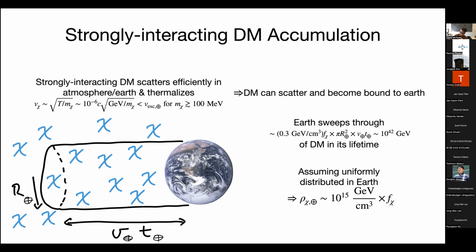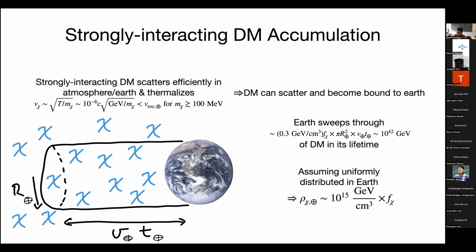And so you can make a very quick estimate of how much of this dark matter you could imagine accumulating here on Earth. It's a simple geometric calculation. So here's the Earth, and it's sweeping through the dark matter halo with a velocity something like 10 to the minus 3 times the speed of light. The Earth has lived between 4 and 5 billion years, and so it sweeps out some million light year sort of distance through the dark matter halo. The radius is 2,000 kilometers. You can compute the volume of this cylinder that the Earth sweeps out. And if you know what the dark matter density is here, which we do from a whole host of